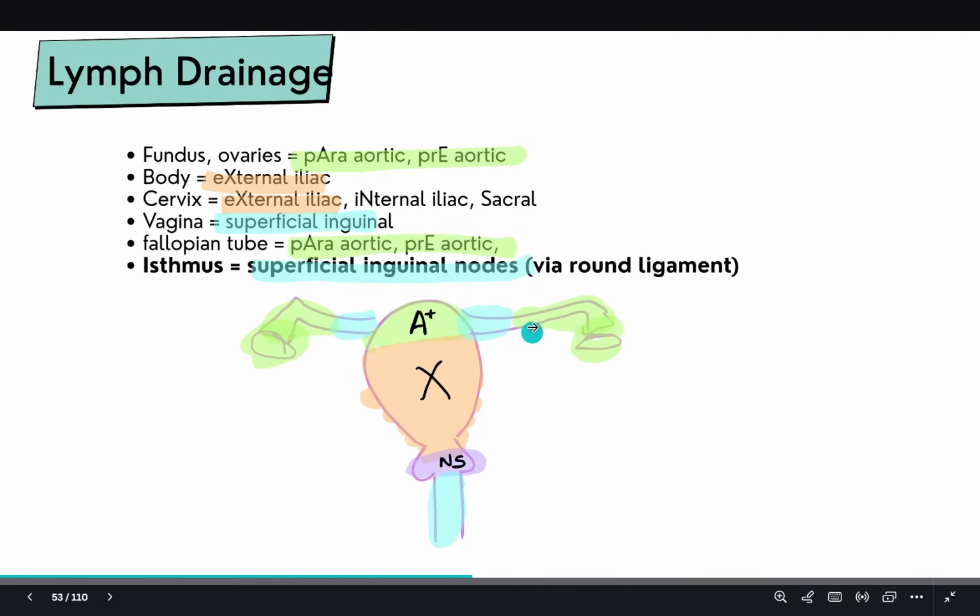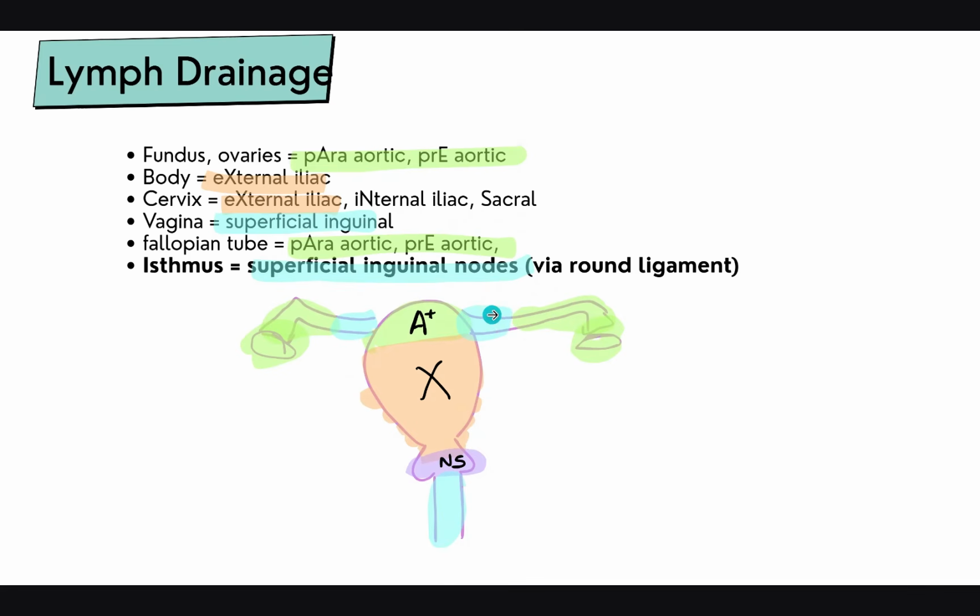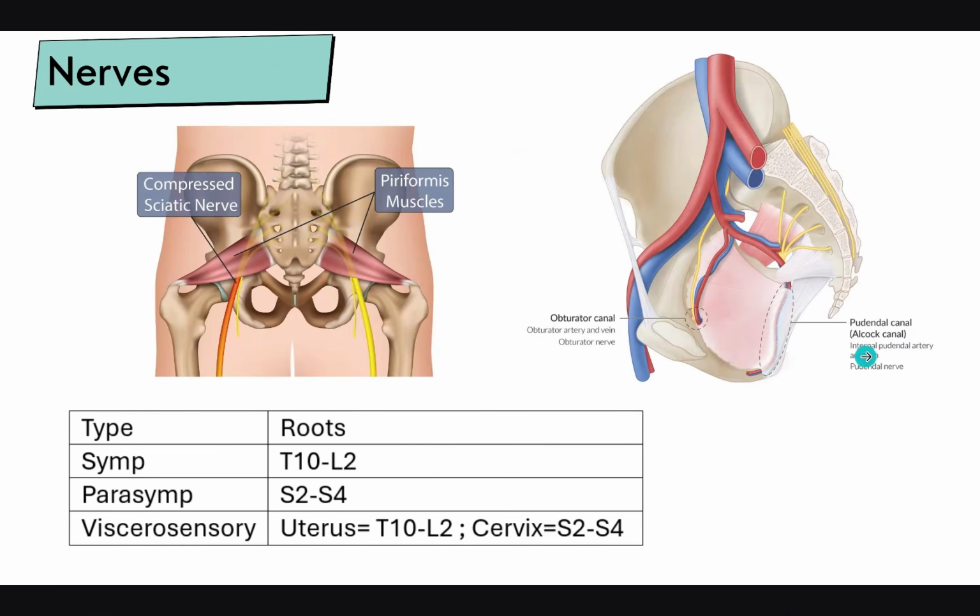Now, how does the lymph from the isthmus enter into the superficial inguinal lymph nodes? It is through the round ligaments. As I mentioned before, all these ligaments are again passageways of both blood vessels, arteries and veins, and also the lymph structures. All right. Now, regarding the nerves of the pelvis, an important nerve is the